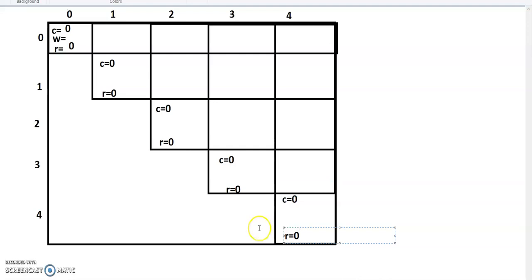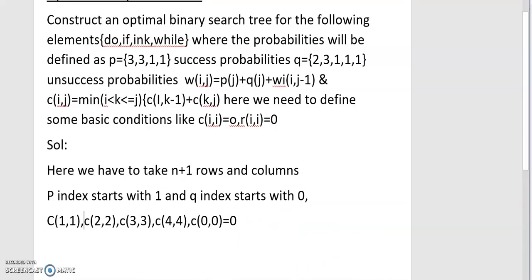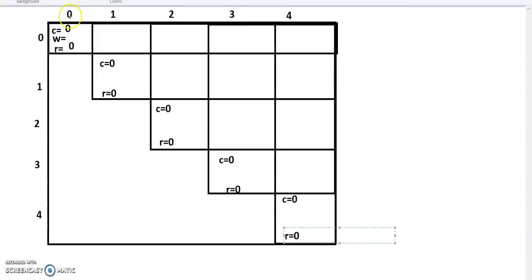So all the cost and R value is 0. Okay, then we need to find weights. Here one more basic condition which we have missed. W of I comma I is nothing but Q of I. That means W of I comma I equal to Q of I. Okay, so Q of I means